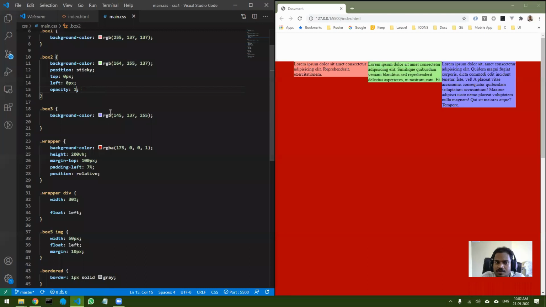You can see this is how it looks. But if you put it as 0, that particular content is now gone, but the place is occupied. The place is not gone, but the content is not visible. So whenever we want to hide something, these are the two methods you can use to hide it.